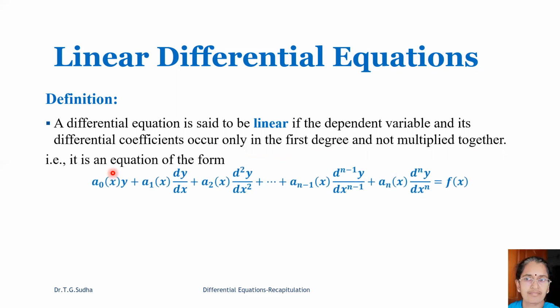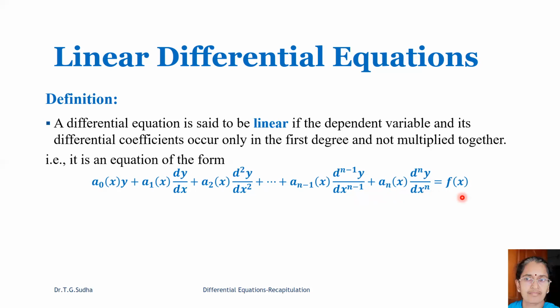So that is, it is an equation of the form a naught of x into y plus a1 of x into dy by dx plus a2 of x into d square y by dx square, etc. an minus 1 of x into d power n minus 1 of y by dx to the power of n minus 1 plus an of x into d power n y by dx to the power of n